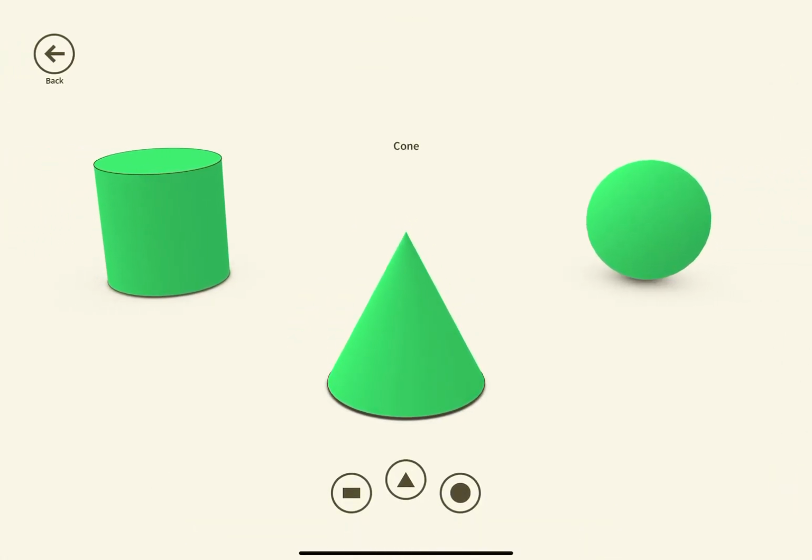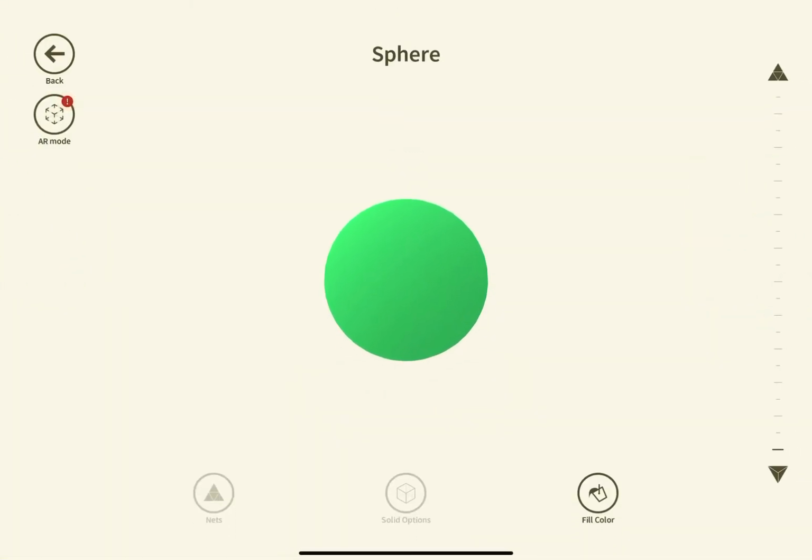Now, kind of the neat one, and this is basically impossible to do in class, is here's the sphere. So the sphere is like a ball, right? People always wonder, how does the net look for a sphere? And this, you can't do this with your hands and cutting out paper, because it is virtually impossible, right? It has to be so accurate. So if I unfold it,